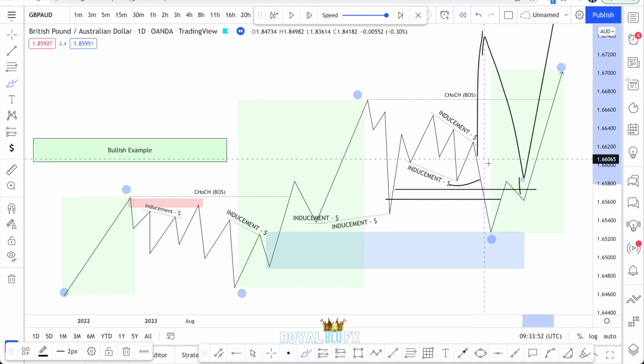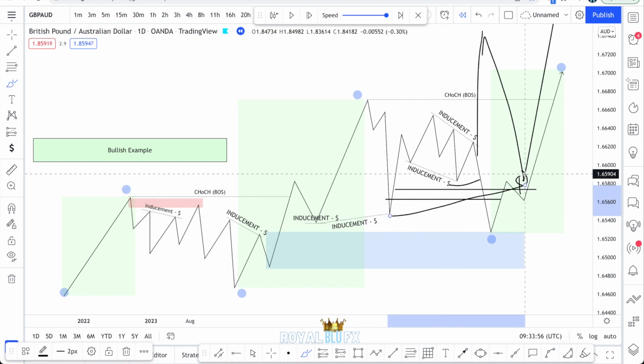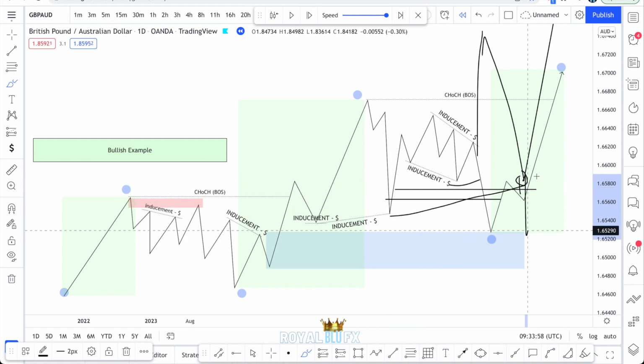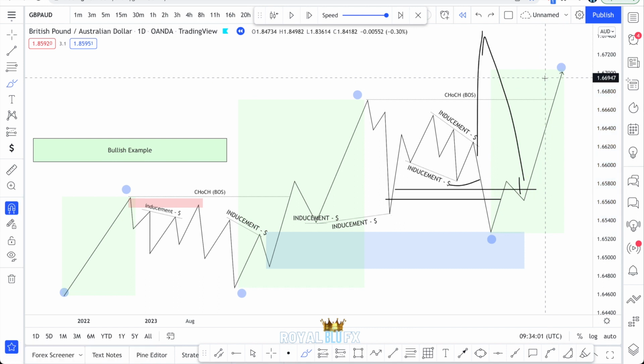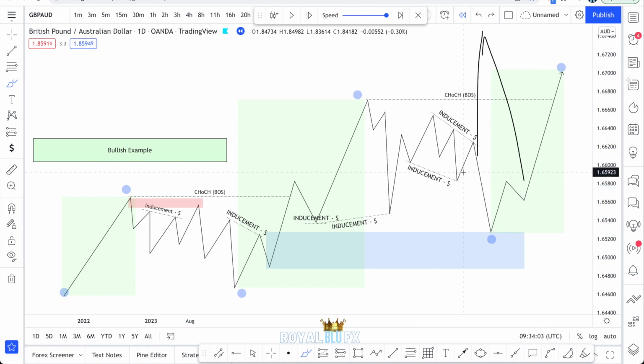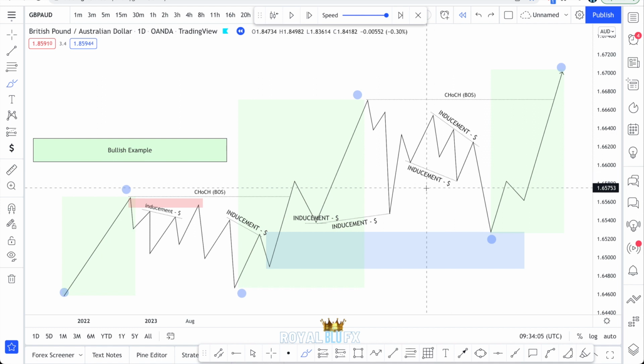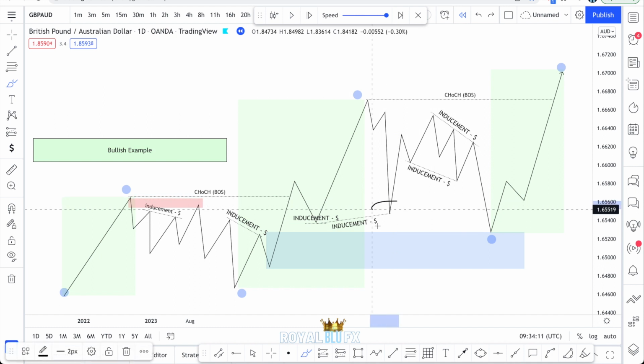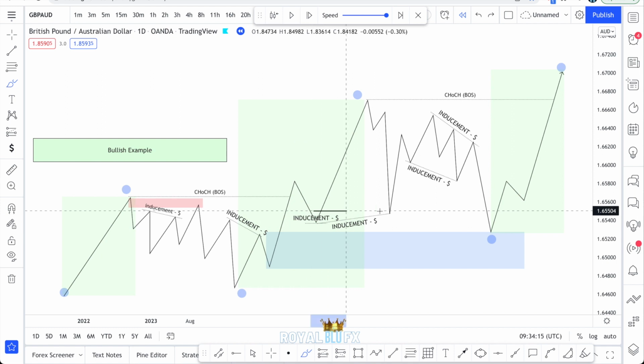Something like that. Or if not, right, price could probably create more inducement like this, only to find out that price should get back to this demand area for people to buy, right? I encourage you, if you don't know if that area is an inducement area, to look at that specific area where prices are retracing back to an area of supply or demand. Let's say in this case right here,